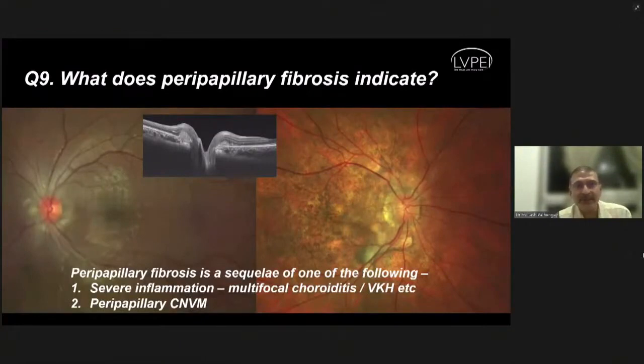So my penultimate question is, what causes peripapillary fibrosis? This can be confused with disc edema sometimes, and peripapillary fibrosis is a sequela of severe multifocal choroiditis, or even conditions like VKH, or can be a telltale sign of